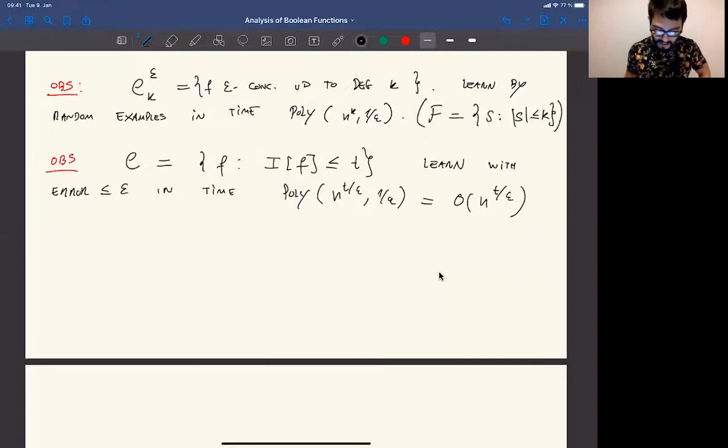So again, if you fix t, it is polynomial time, and this is simply because we have